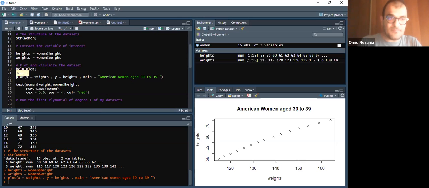We can also add this line of code in order to index the women. But what do I mean by indexing the women? Look at the things which I have done. It comes right after the plot, written as a text. You can extract the weight as the weight. Look at that. You can also write it like that. You do not need to write just the weight as I have written. You can just write the weights